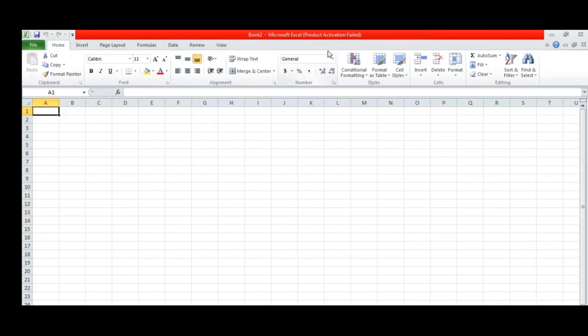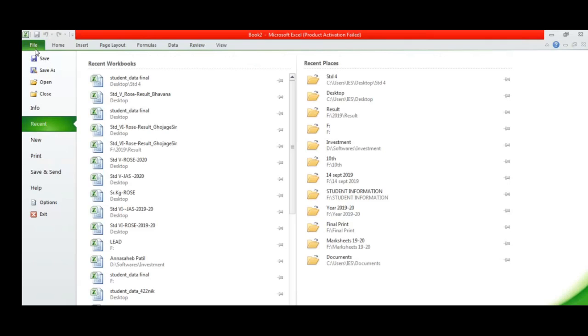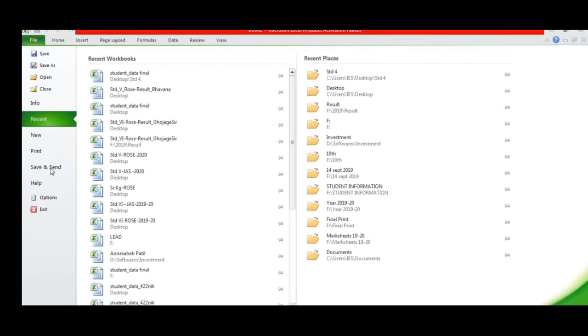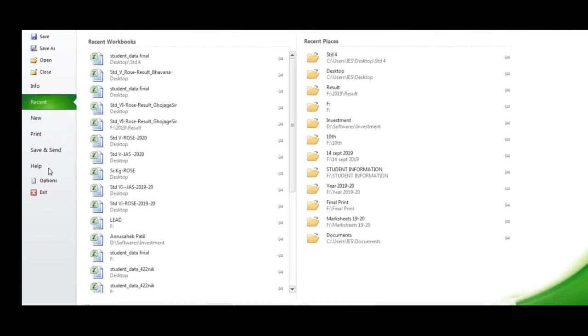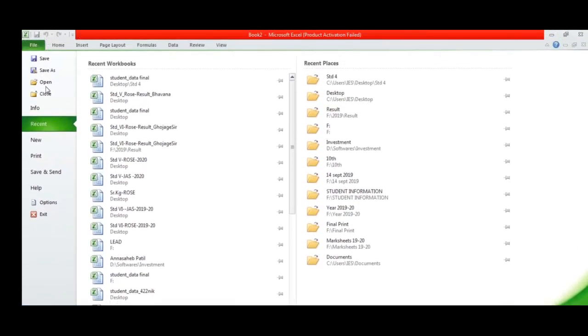On the menu bar, some menus we learned last year are File, Home and Insert. The File menu is used to make a new file. It is also used to save the file. If you want to save your file with a different name, you can use Save As, and Exit is used to exit from the software. Now today we will start with a new file.